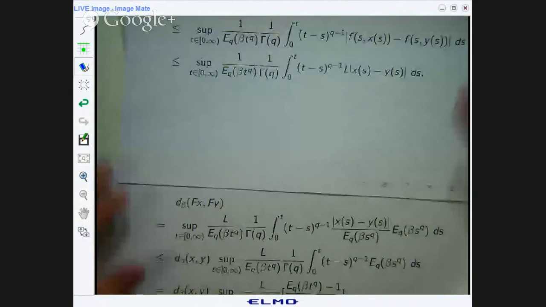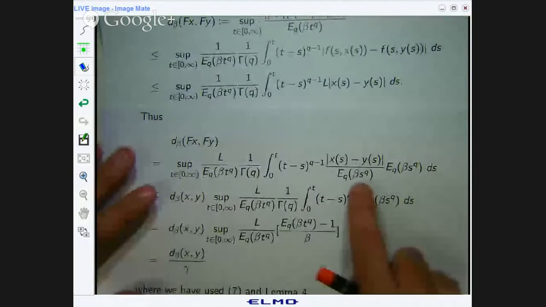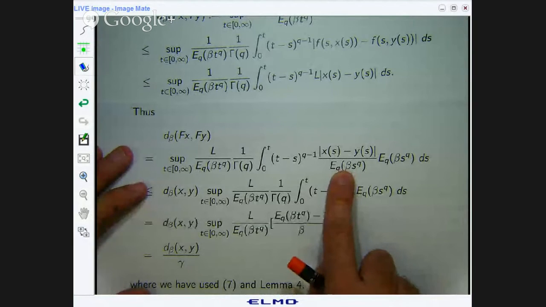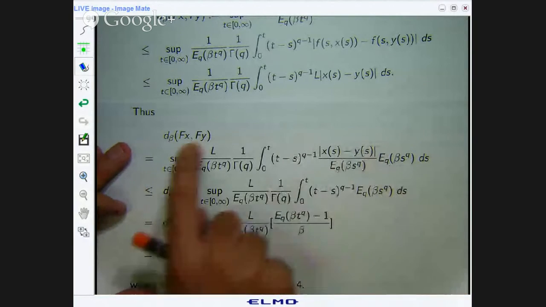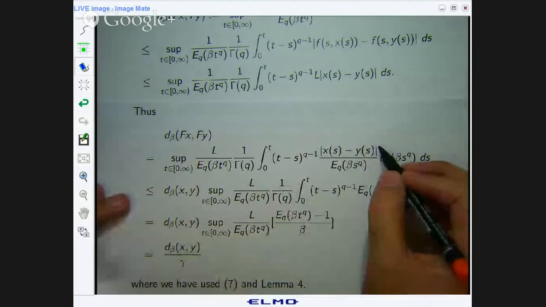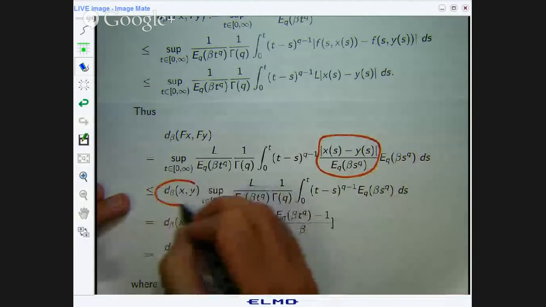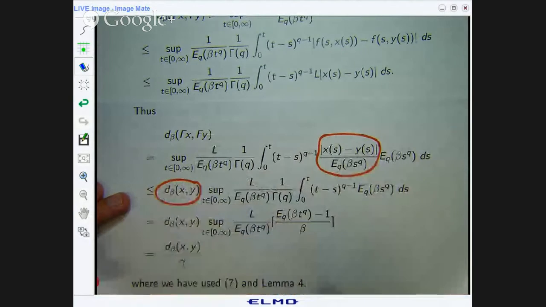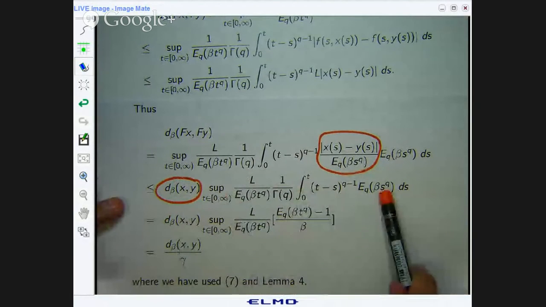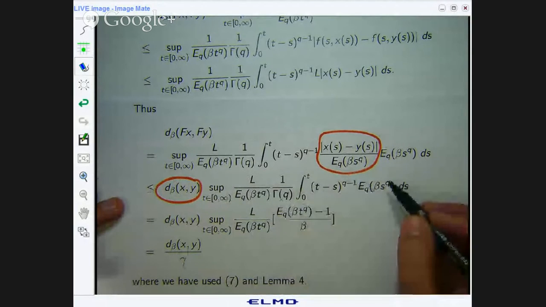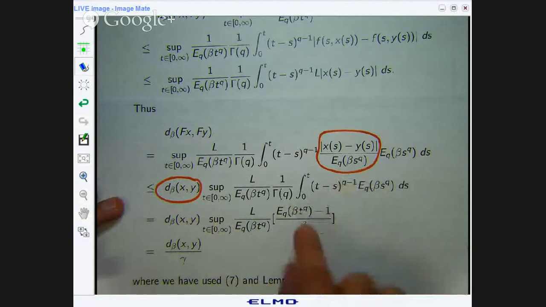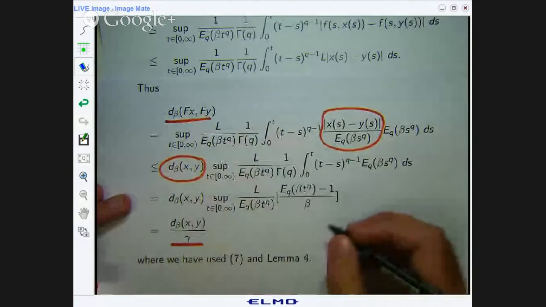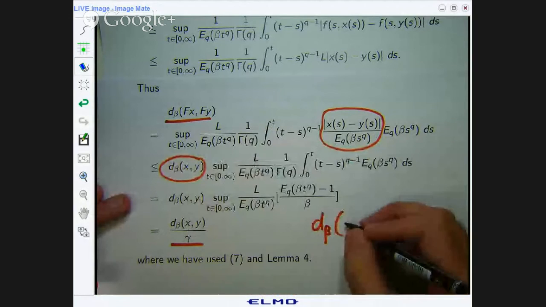And then what? Well, I can again, and you'll see this trick again here, insert a Mittag-Leffler function down there and up there, and then I'm going to take this out. I'm going to sup that up, and I'm going to take that out, and this with a supremum becomes that under the inequality sign, and I'm left with that. Now I know what this is. The lemma before told me that I can just integrate this to get this, take the supremum again, and I'm left with this. So we end up with an inequality